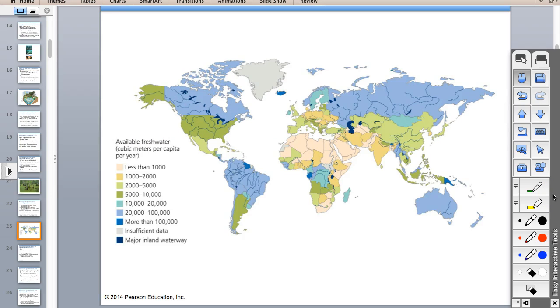But the desert parts, the Middle East, are really short on fresh water per capita. And so they use their oil and they kind of can,